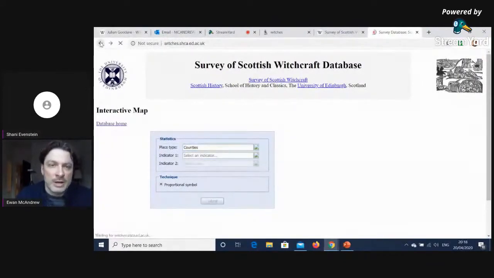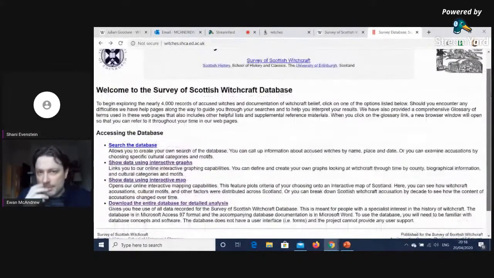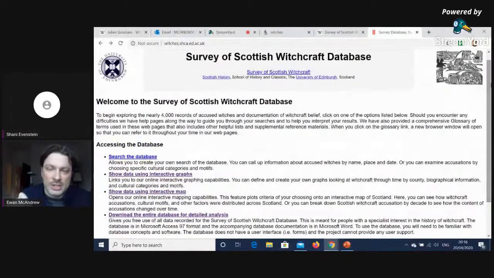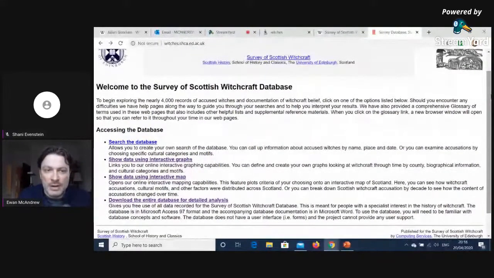But this was an incredible body of work that was put together by Professor Julian Goodare and Dr. Louise Yeoman, and a lot of other researchers as well. Amazing body of work, 300 fields separated in 30 different tables, but people weren't engaging with it, we thought, in a very 2020 way. And we thought this should be a lot more surfaced so that people can use and